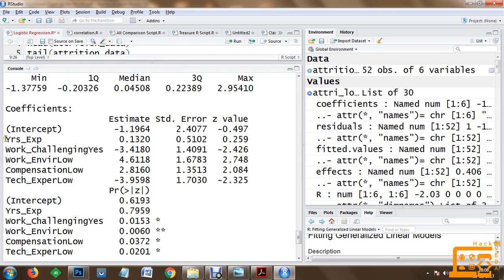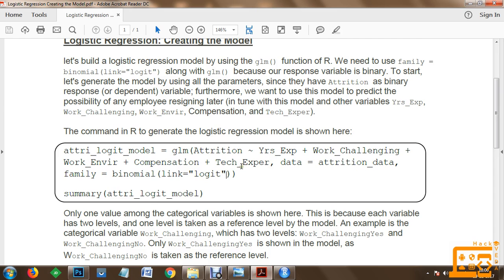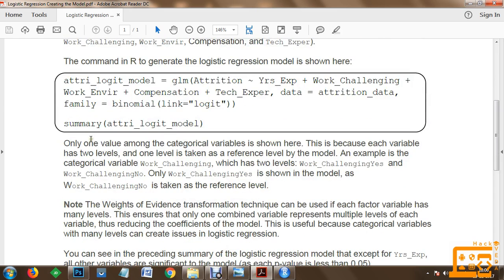First thing I would like to explain is years of experience. Then we have work challenging. Basically, only one value among the categorical variables is shown here. This is because each variable has two levels, and one level is taken as a reference level by the model. An example is the categorical variable work challenging.